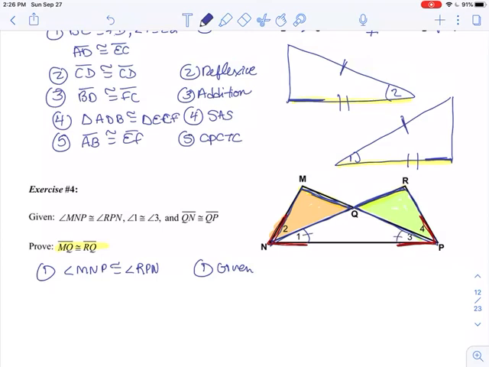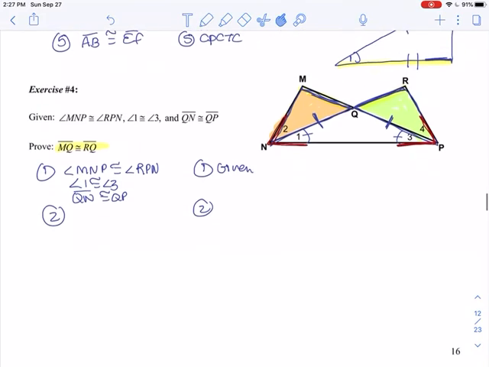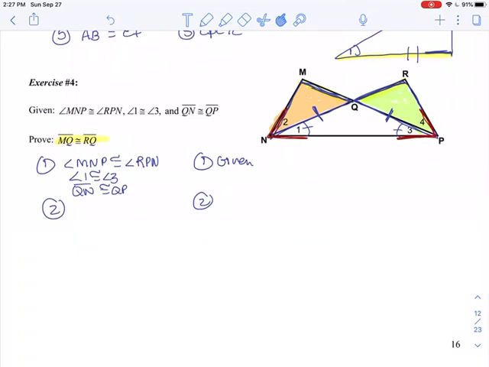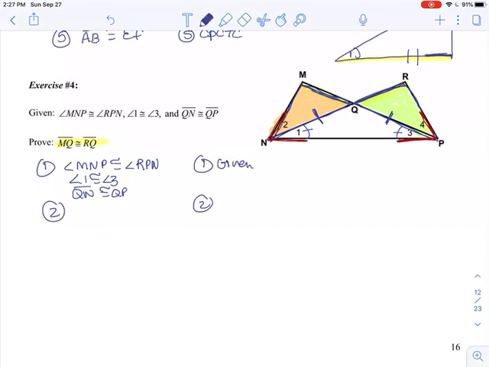Besides that, I know that angle 1 right here is congruent to angle 3. That's also in the given. And I know that QN is congruent to QP. So QN is this part right here, congruent to QP. All right. So as I said, I know that whole red angle is congruent to the whole red angle, and I know the bottom angle 1 is congruent to the bottom angle 3. But remember, I'm trying to prove the orange triangle congruent to the green triangle, so I really need angle 2 right here